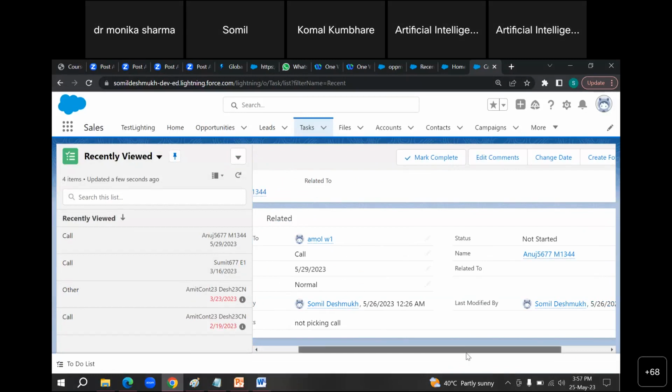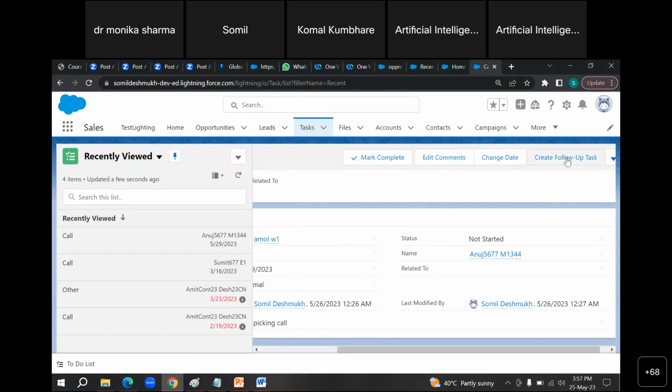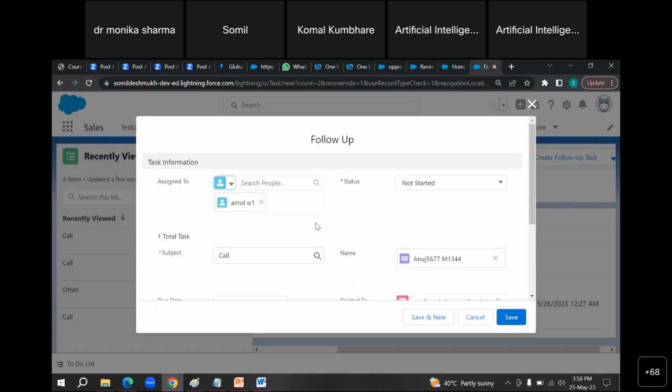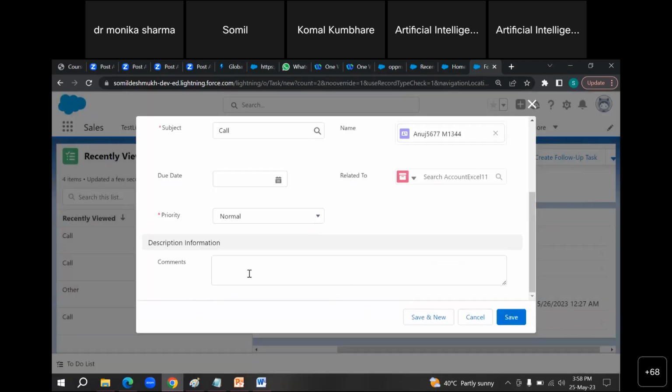You can change a date or create a follow-up task. What does a follow-up task mean? You can create a sub-task for your existing task. So right now you can create one more follow-up task for these things, like sending an email also. Same thing.